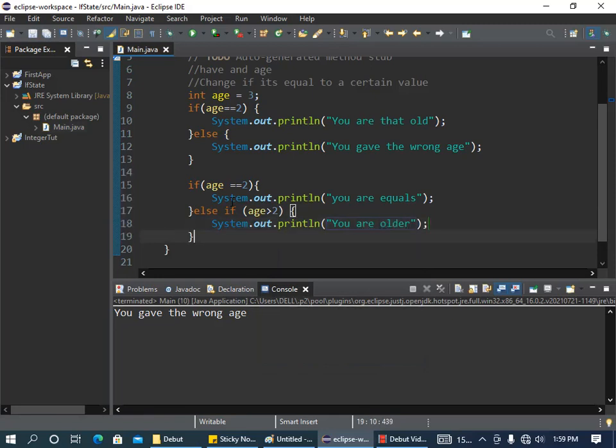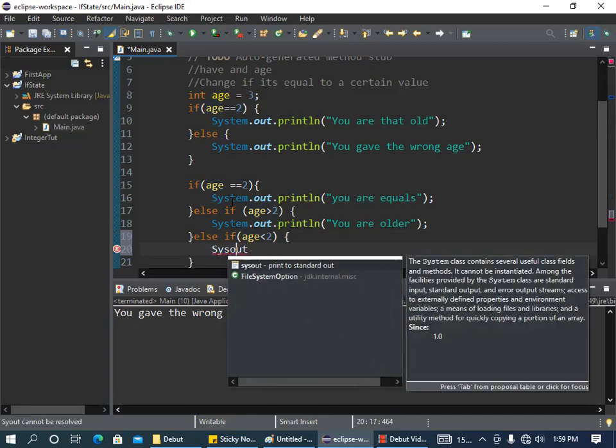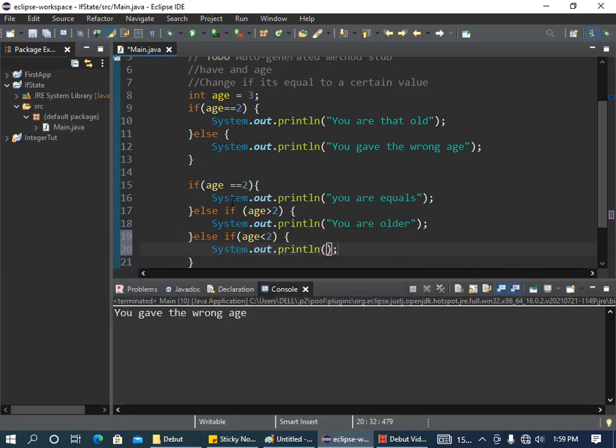Then else if age is less than 2, then we'll say System.out, you are younger